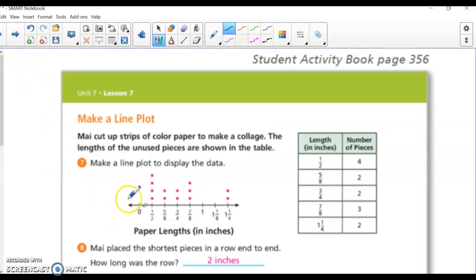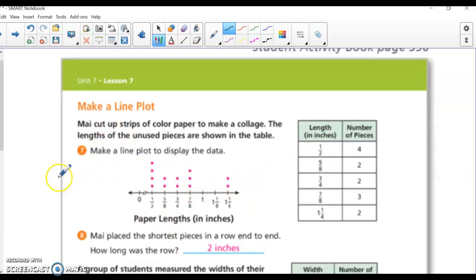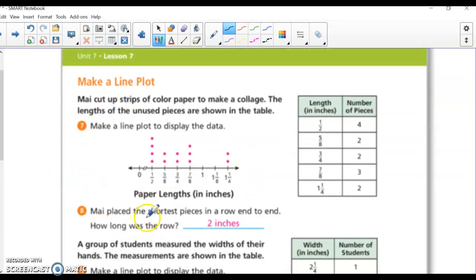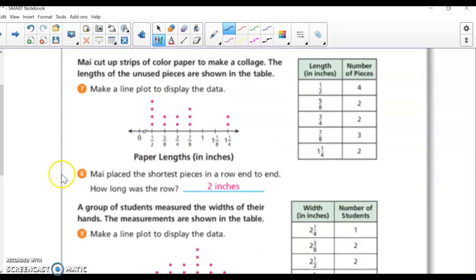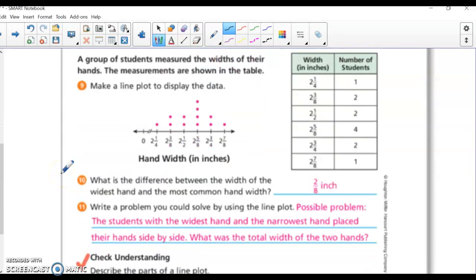All right, so your line plot should look like this. All right, and if you did the 4 shortest pieces, or these 4 short pieces, and laid them end to end, you'd come up with 2 inches, because 1/2 plus 1/2 is 1 whole, 1 1/2, 2 whole, 2 inches. Okay, and then if you took the difference between the width with the widest hand, remember that's this one,